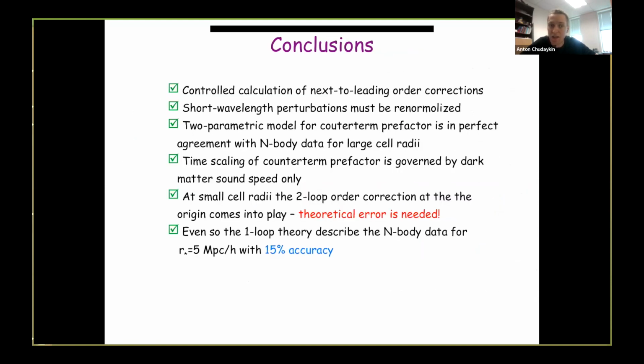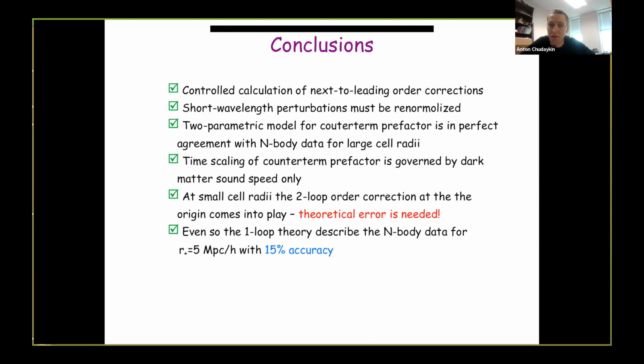Okay, and let me summarize. I just tried to convince you that next-to-leading order correction can be straightforwardly calculated. And the aspherical prefactor, which is calculated from the determinant of the response matrix, must be renormalized,